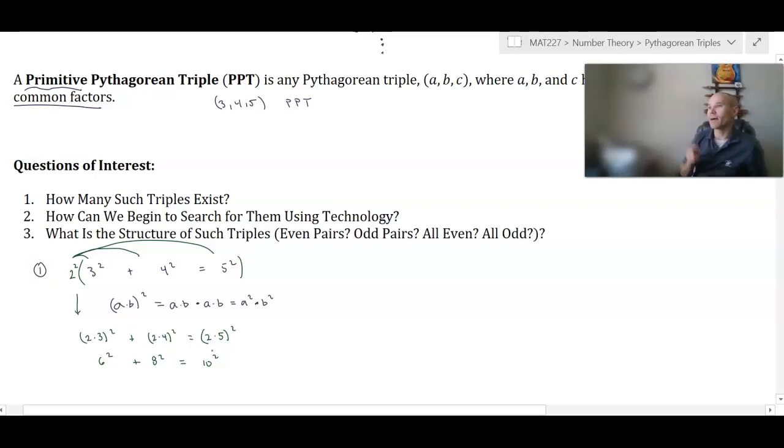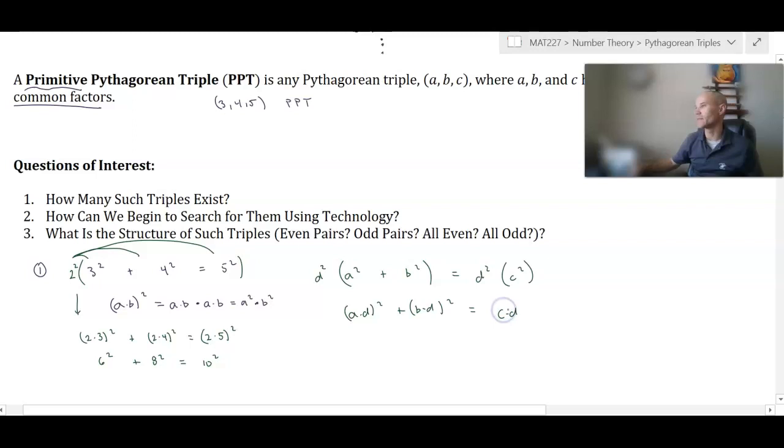Now granted, this is not a primitive Pythagorean triple, because notice that each of these numbers has a factor of 2 in common. But this at least helps us see that there are infinitely many Pythagorean triples. If you have the formula a squared plus b squared equals c squared, and just now symbolically, let's say we multiply both sides by d squared, some other integer, then we can write that as a times d quantity squared plus b times d quantity squared equals c times d quantity squared. And d could be any integer. Since d is any integer that you can choose, there are infinitely many